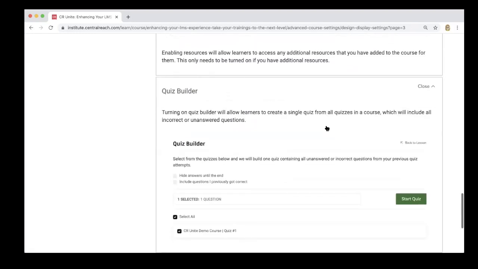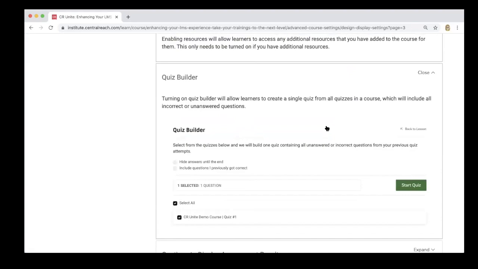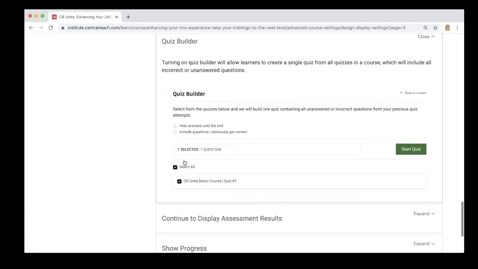Now, Quiz Builder, Dr. Hill knows this is one of my favorite features that we have in the LMS. I absolutely love this. When we turn this on, what this does is allow learners to create a single quiz from all quizzes in a course, which will include all incorrect or unanswered questions. They can also decide to add in questions that they previously got correct. It's completely up to them. They can hide the answers till the end, so it almost becomes like a test. And they can select which quizzes in the course they want to add to that. So if a course has multiple quizzes, they could select all of them, or they could select one of them,